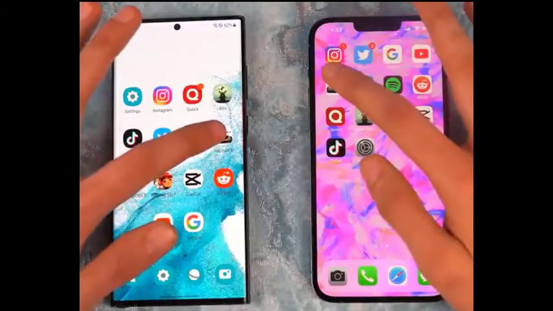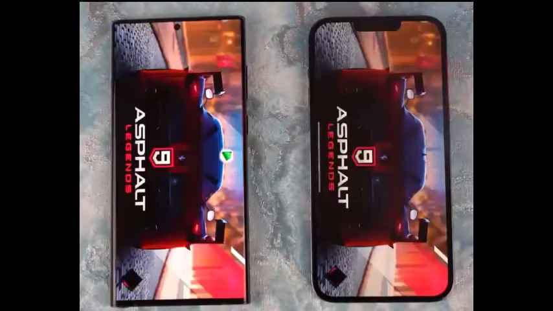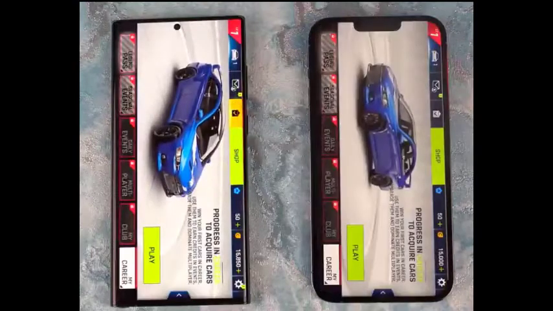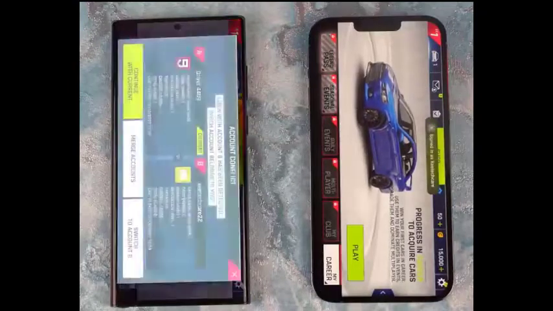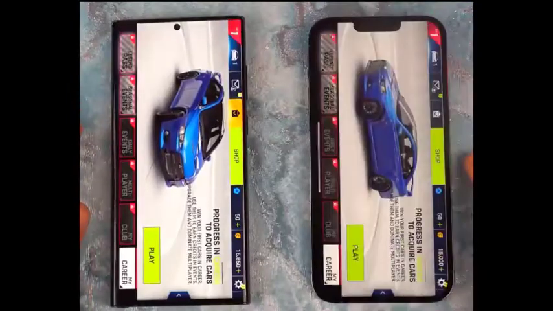We have Asphalt 9 on both phones. This is one of the most popular free games we have on Android and iOS, so obviously we gotta test it out every single time. You can see Samsung did the Play Games sign up. Let's see if that actually affects the speed or not. Okay, so S22 Ultra still a little bit faster there compared to the iPhone, and both phones are in the